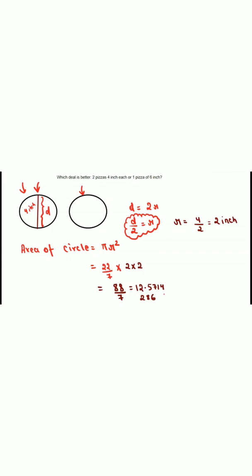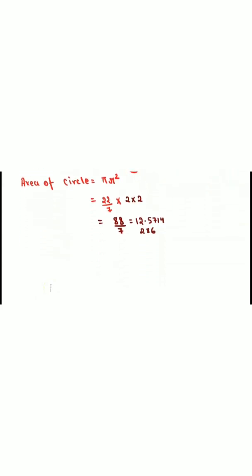in the first case, but this is only of one pizza. But you know that in the first option, we have two such pizzas. So if I have calculated the area of one pizza, I can easily calculate the area of the second pizza by just multiplying this answer by 2. So now we can find the total area in the first option, when we were choosing two pizzas of 4" each. So total area will become just whatever answer we have got plus the same answer, or we can say twice this one,